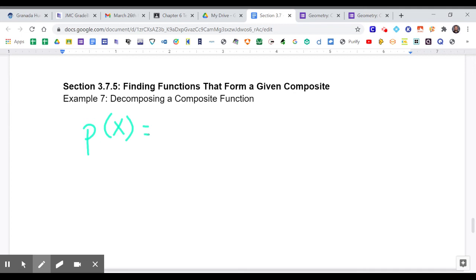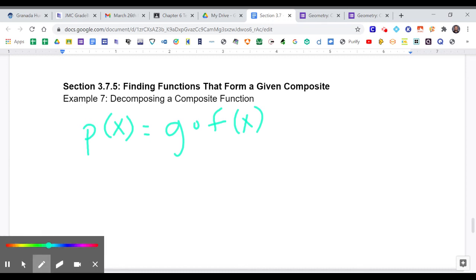Let's say we're given a function p of x, and it's actually equal to g of f of x. So p of x is really a composition of g of f of x, and our job is to find out what g and f of x are. Now, this is what we're going to do. Find f of x